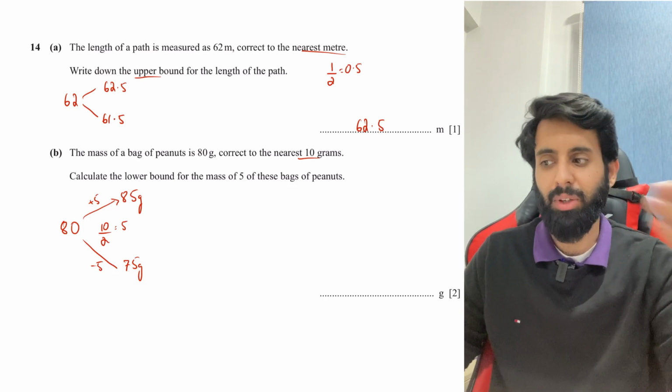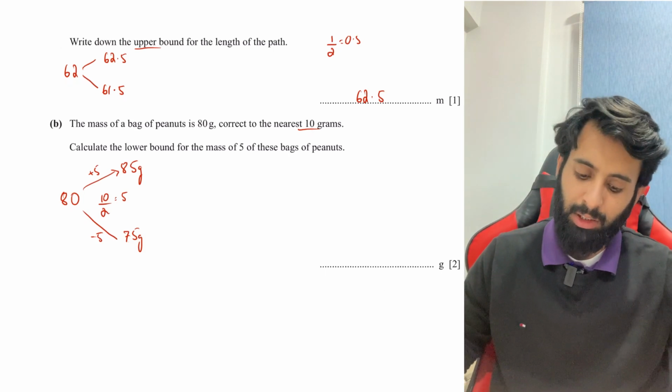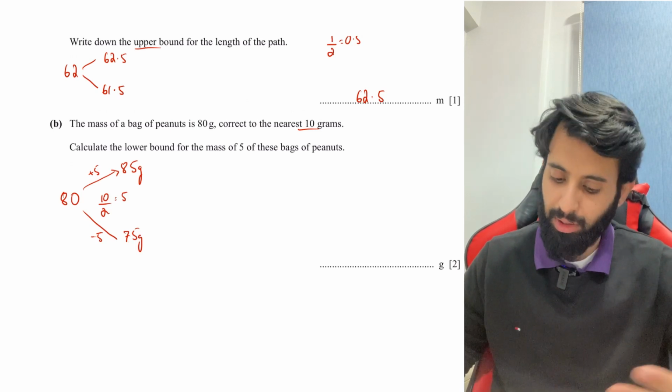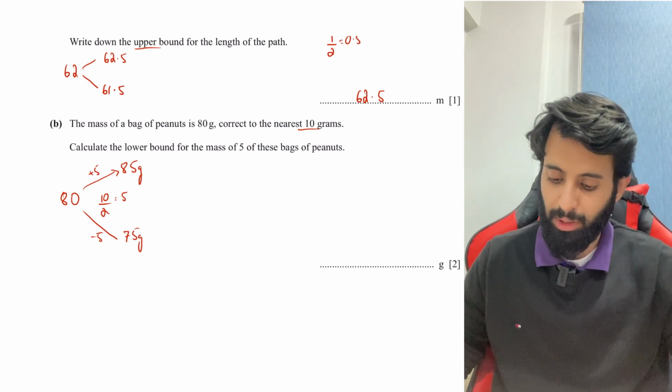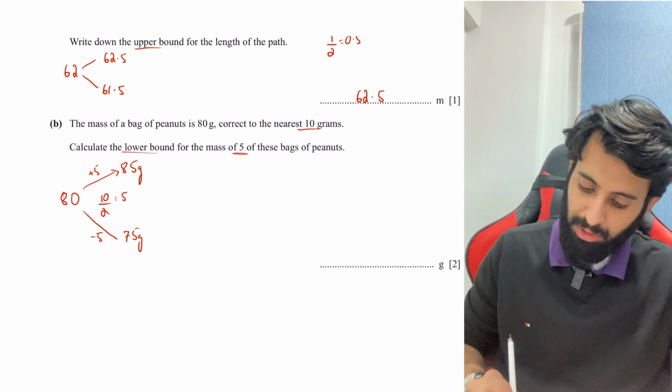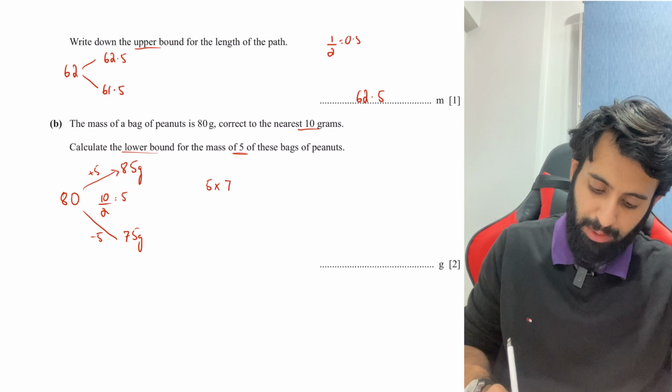Now, obviously the question will have to do something with the upper bound and the lower bound, so that's why I didn't bother reading what the question said later on. I worked it out immediately. Now I'm going to read what the question says and see how we can work it out. Calculate the lower bound for the mass of 5 of these bags of peanuts. The lower bound is what we're focused on. So we'll do 5 times 75,